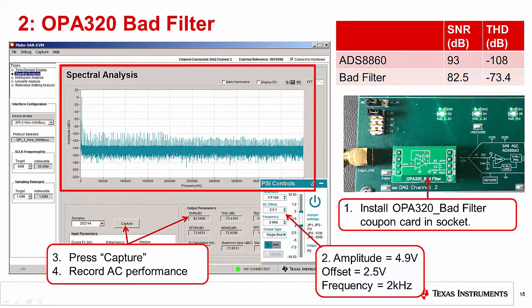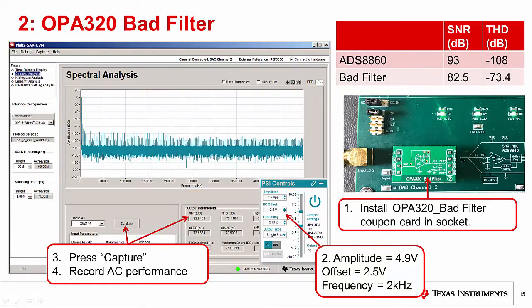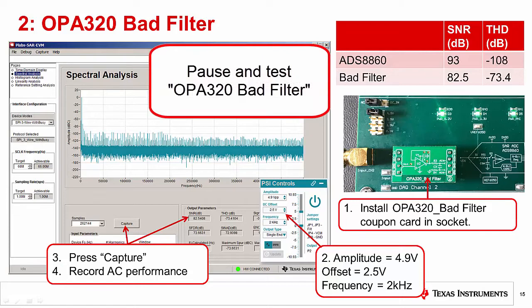Also, you can see significant noise and harmonics in the spectral analysis FFT results display. This emphasizes the importance of using the parameter stepping optimization we covered earlier to select the optimal RC charge bucket circuit. Pause now and test the performance of the OPA 320 bad filter circuit.